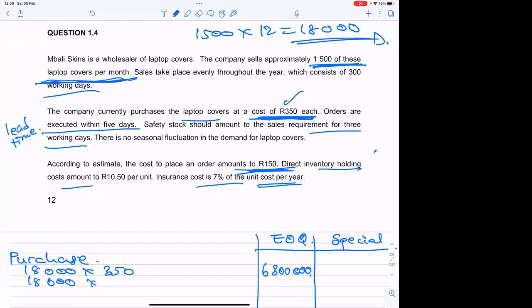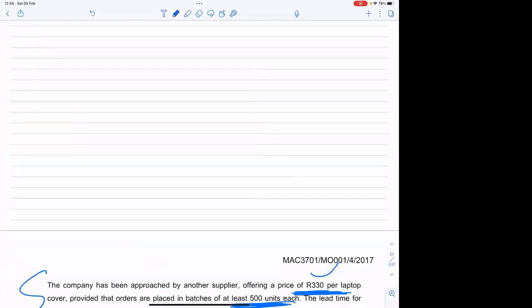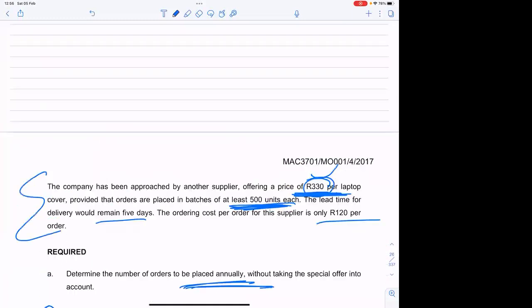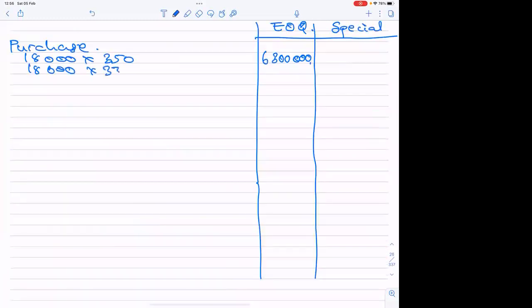it would be 18,000. These guys, they said they will sell it to us for how much there? For 330. Do we see that? They will sell it for 330. So we multiply that by 330. So it will be 18,000 times 330. 5,940,000. So what it means is that the entity has saved in purchasing cost,